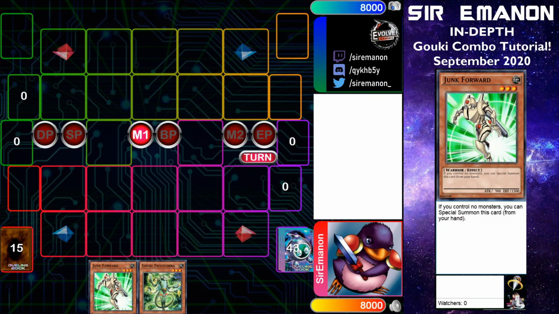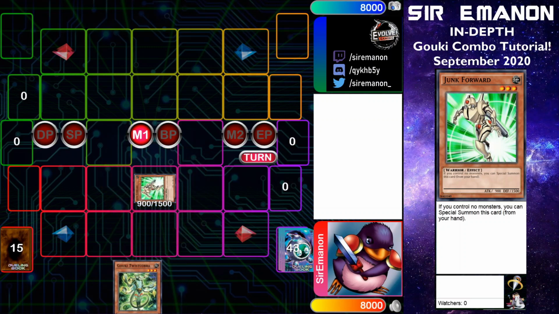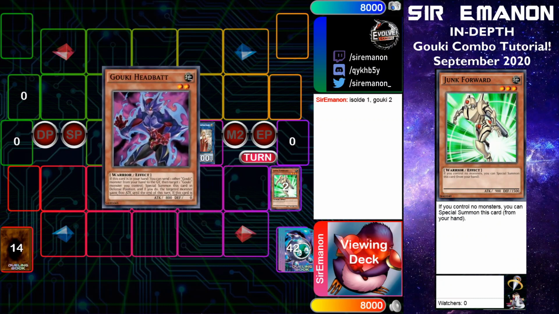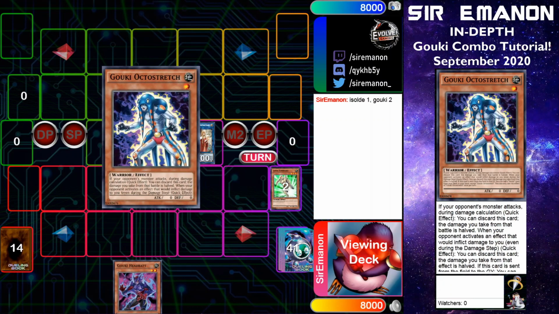So we're going to go ahead and start off the exact same way by summoning our extender as well as our Gouki, and then linking off into a copy of Isolde. We're going to get double searches here off of the Gouki monster that we linked with. We're going to grab Headbatt, and off the Isolde we will grab a Gouki that we are not going to